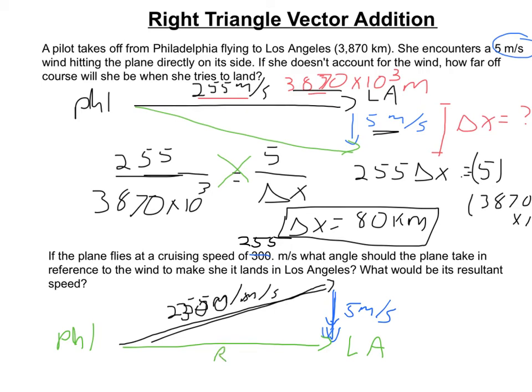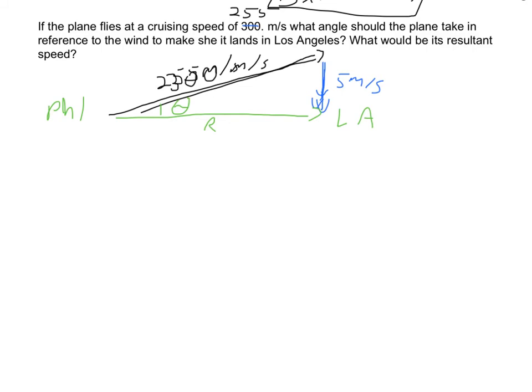All right, so please make sure of that, and ask what angle should the plane take? So I'm looking for here theta, right? And then what would be the resultant speed? And so I labeled that r. Now, by the way, I would expect r to be slightly less because it's actually not the hypotenuse anymore, it's the base side. So now to find the angle, I'm going to use sine, because here's my theta right here, right? There's theta, and this is the opposite, and this is the hypotenuse. So sine